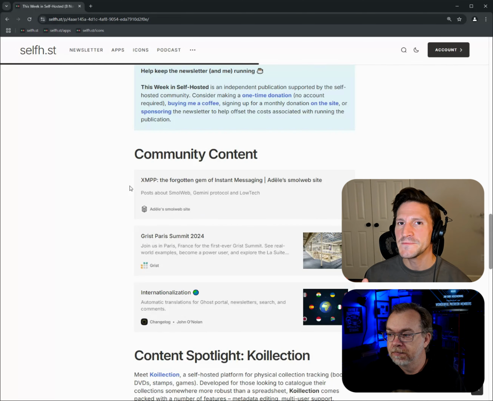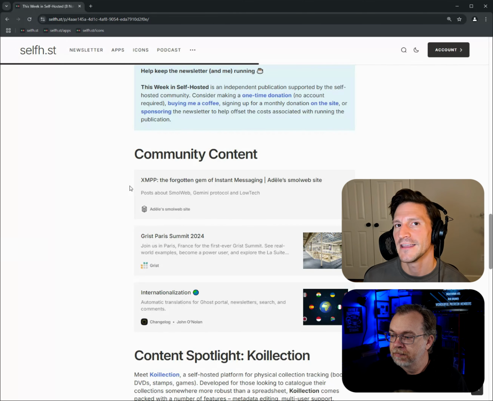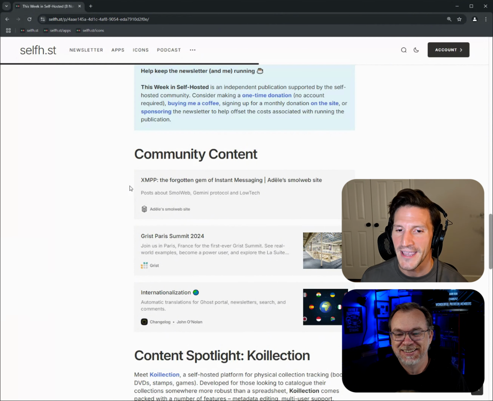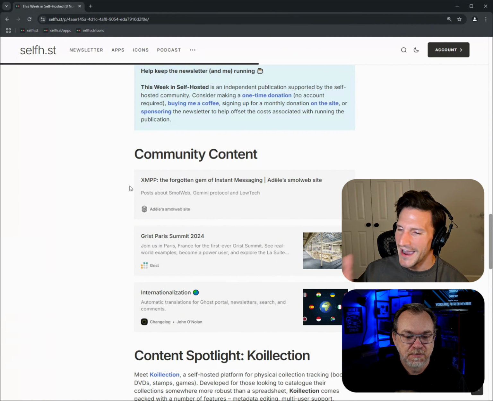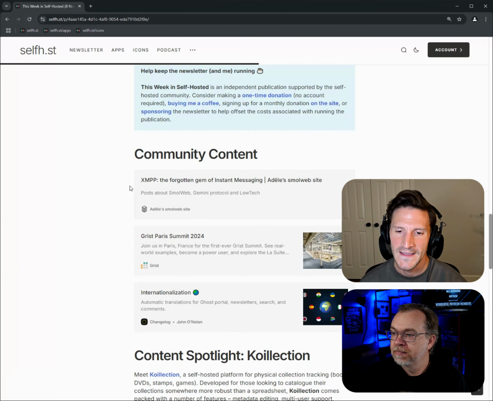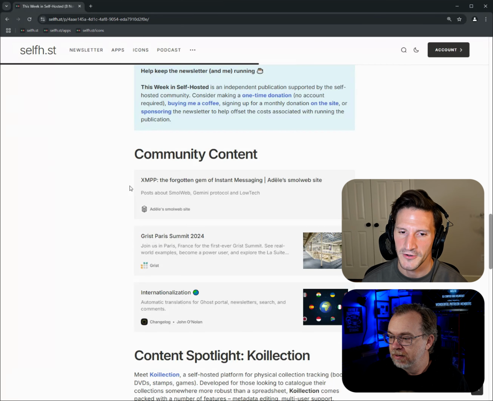And there will always be a comment at the very end, or I'll always get an email with someone like, "Oh, don't forget about XMPP. You know, it's very great and capable." And so it's like one of those things that I need to spend more time with and dig into, because clearly there's something I'm missing. And so I just thought it was funny seeing that pop up this week. So it's an interesting article on that.